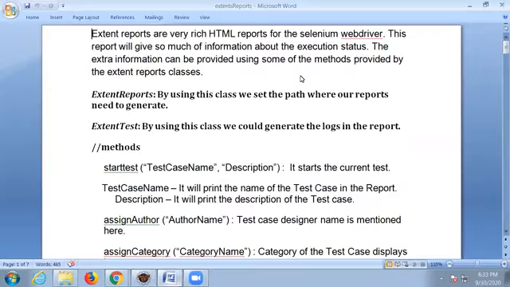So that is the reason we are taking help of these advanced reports called Extent Reports. Extent Reports is purely used for reporting purposes. Remember that. This advanced report is not for any other purpose. TestNG is used for reporting too, but Extent Reports has a lot of features. Whenever you want very rich HTML reports for Selenium WebDriver, we should take help